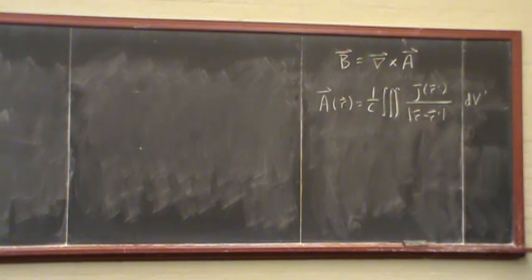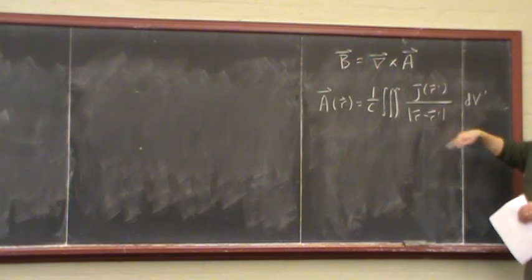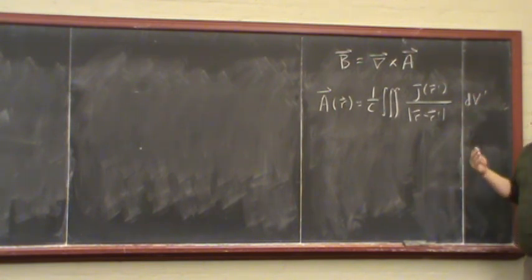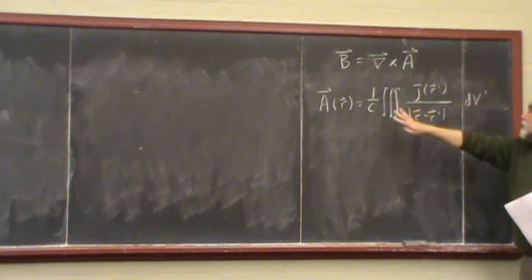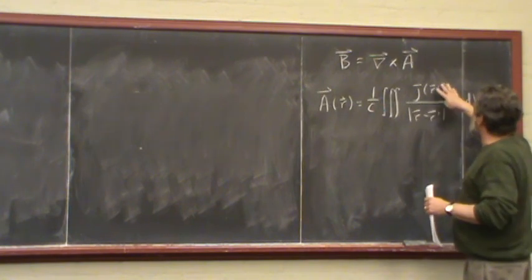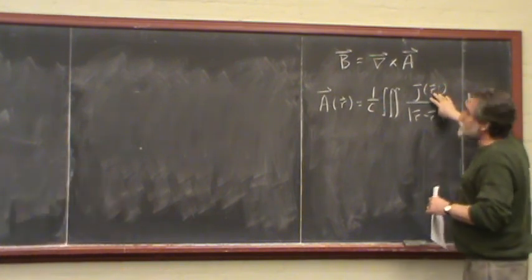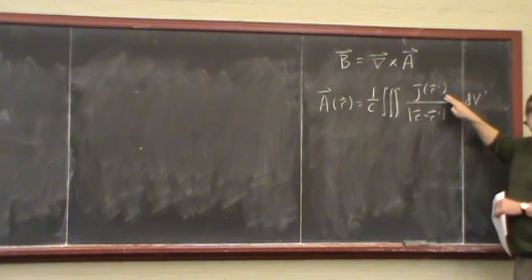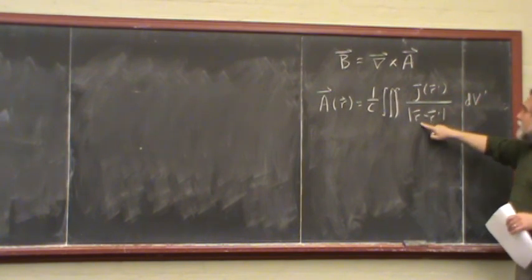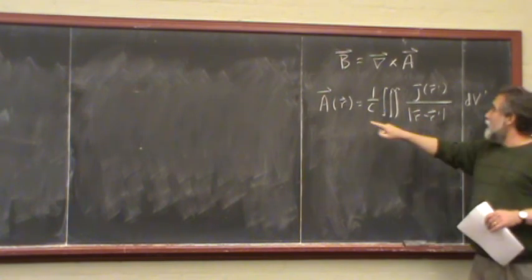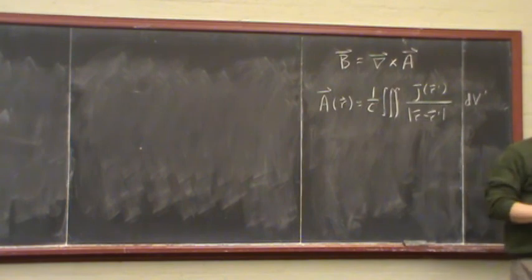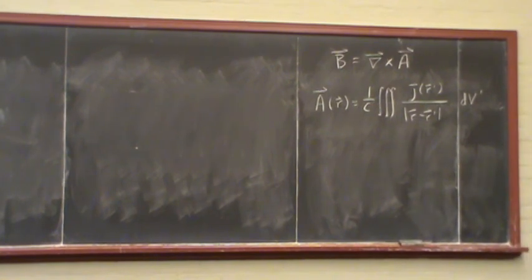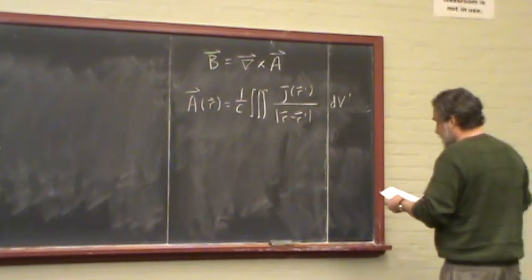So in order to find the vector potential, we find all of the currents in the problem, and we integrate over the volume of all of the currents in the problem at what I'm defining here as position r prime, but we're integrating over it as a dummy variable. The only time that r appears in here is down there, and that really complicates the problem, all right? But that allows us to calculate the vector potential. If we know all the currents in the problem, we can calculate the vector